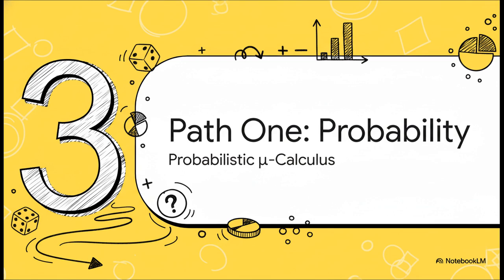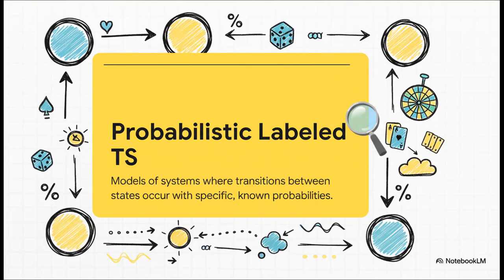This whole approach is about getting super precise and putting a hard number on every single uncertainty. So this logic works on systems that you can basically draw out like a flowchart. Think of it as a map of every possible state your system could be in. But here's the cool part. The lines connecting the states aren't just arrows. They have numbers on them, exact probabilities. So it's not just you might go to state A or state B. There is a precise 70% chance you go to state A and a 30% chance you go to state B. Everything is governed by the mathematical roll of a dice.